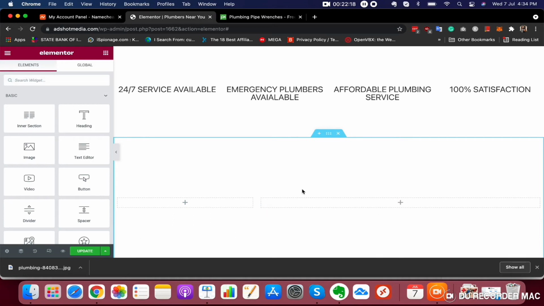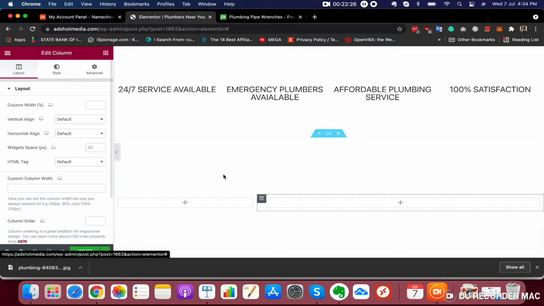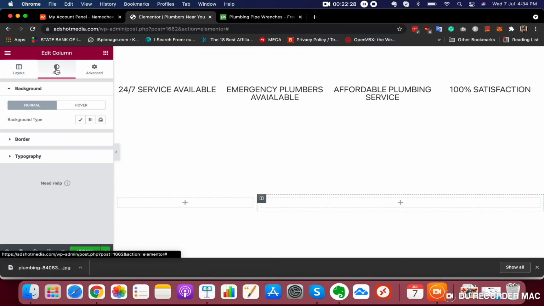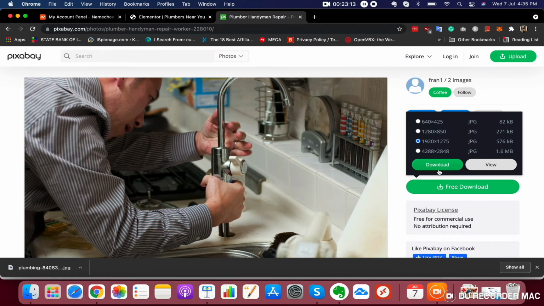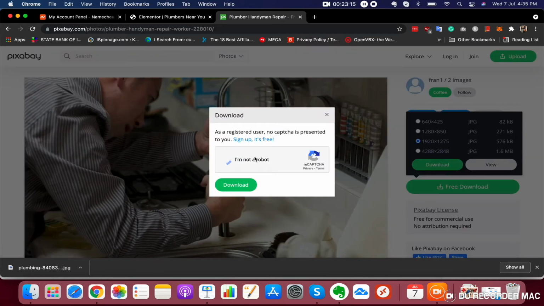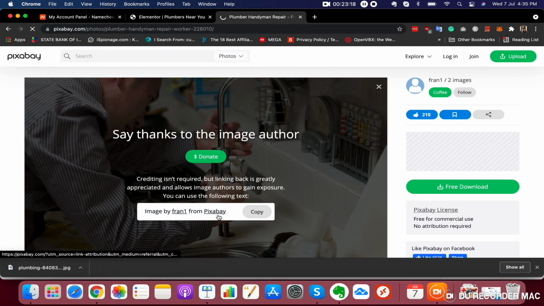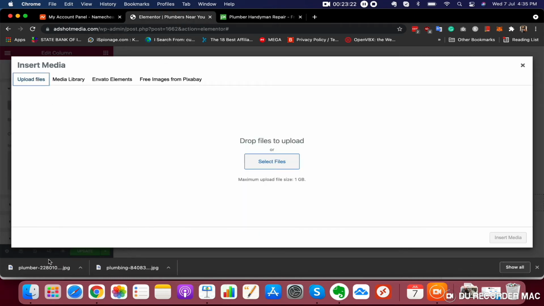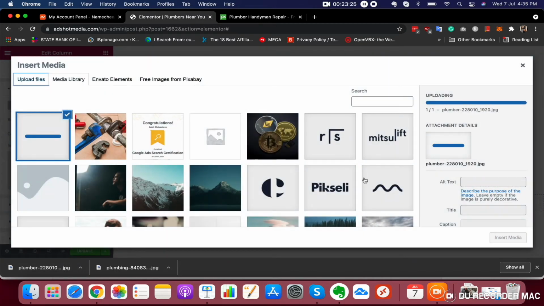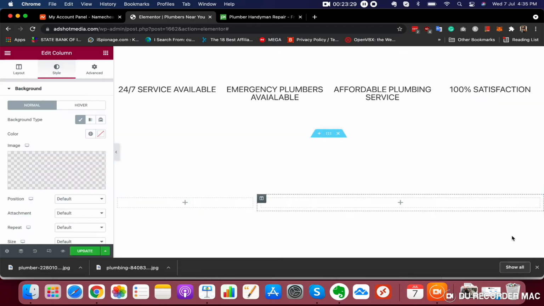Just go here and just select this and go to style and background and image, free download. Alright, so just upload files, drag and drop, insert media.